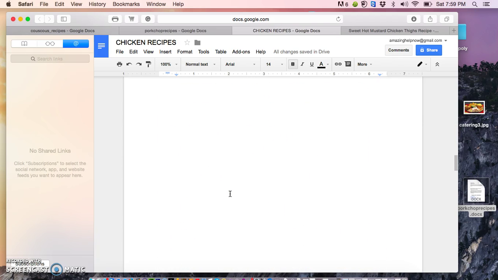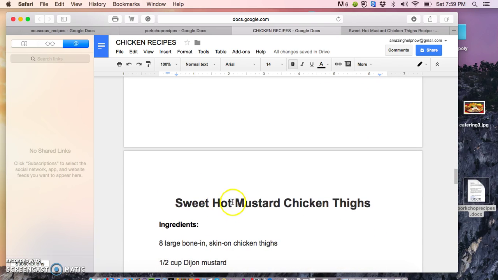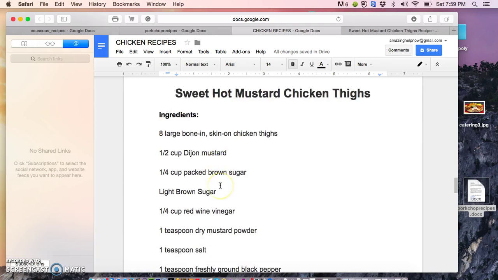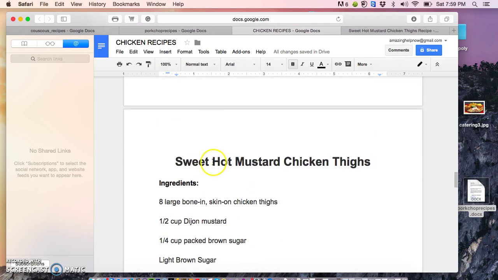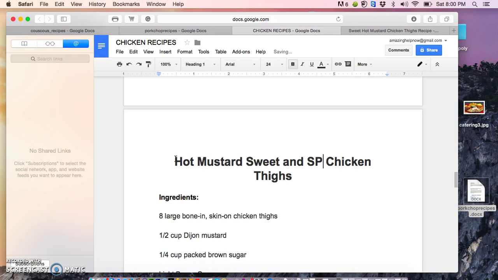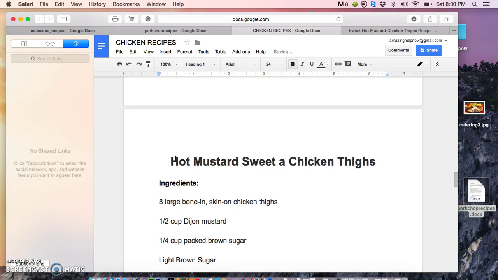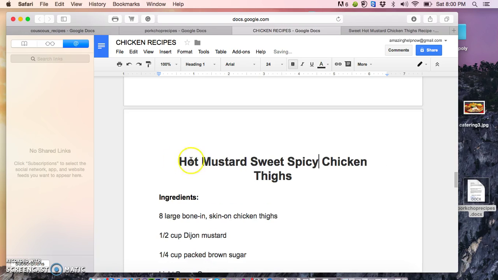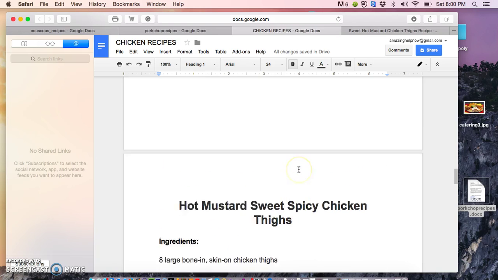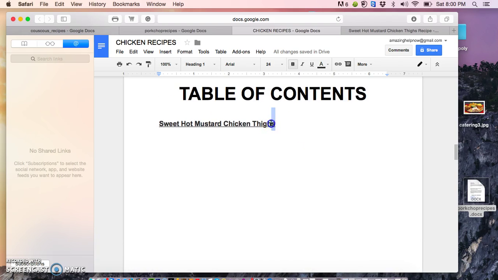what you're gonna have to do as well, we need you to change the titles of the recipes at least a little bit, along with the directions. The ingredients right here are fine, but you need to change the titles. So how it says sweet hot mustard chicken thighs, I'll just change it to like hot mustard sweet and spicy, sweet spicy chicken thighs, you know, something like that. And then also, of course, in the table of contents, change it to